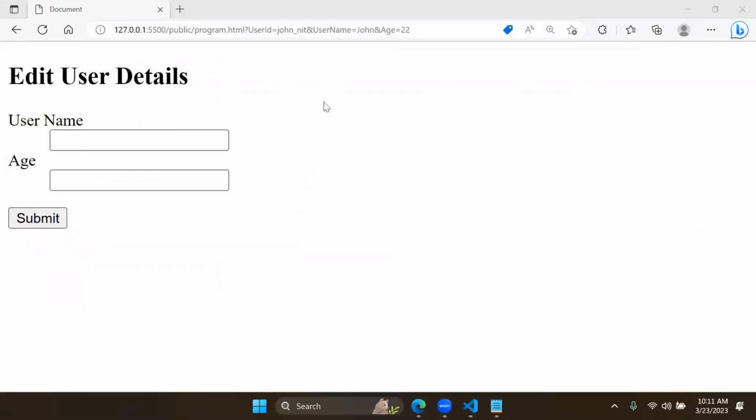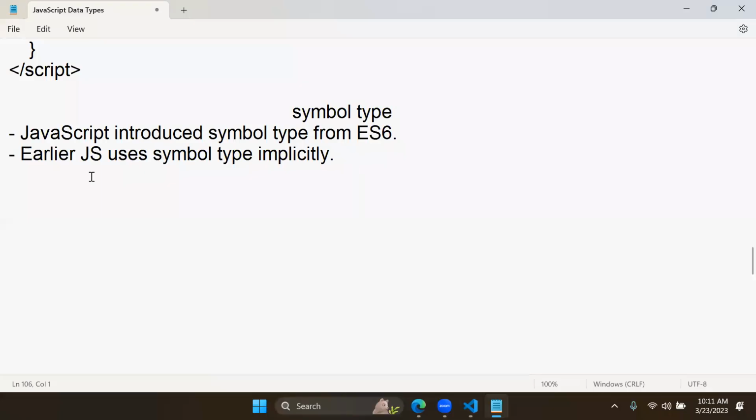Now, what is the point here? We are defining a unique key for identifying any record. That unique key must be used, but it should not be displayed. When collectively you are accessing, it should not be displayed, but it should be used. Actually, that is symbol. It is used to configure a unique identification key